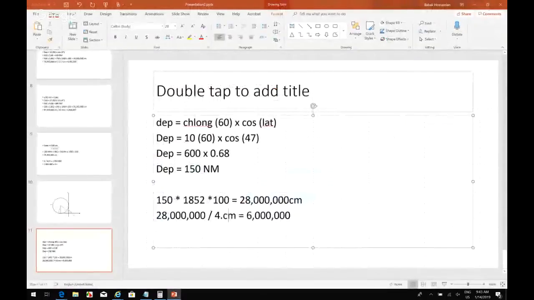So if this is 4 centimeters, and this is 1,850,000, we're going to say this times 4 equals 7,400,000